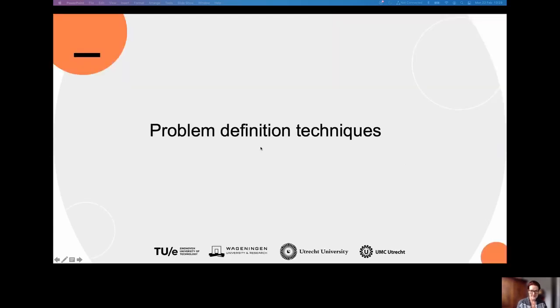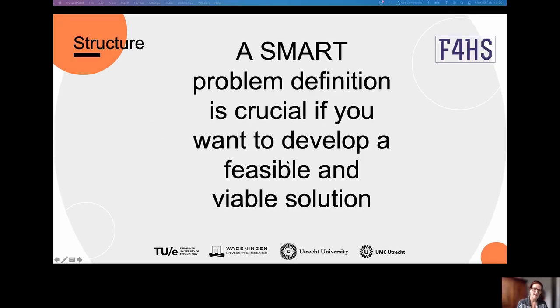So, problem definition is one of the most important phases of your project, because if you don't have a really smart problem definition, then you will likely encounter all kinds of issues in maybe your ideation phase or in your prototyping phase. So what I wanted to emphasize is that defining a really smart problem definition is really crucial